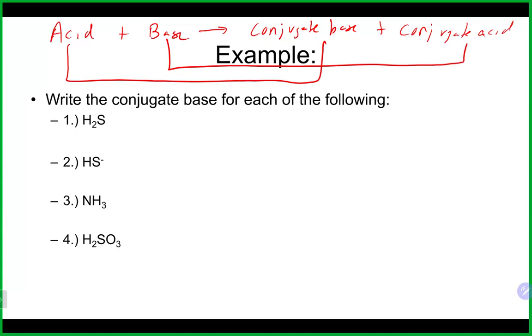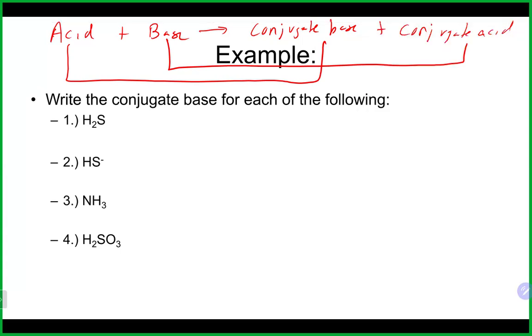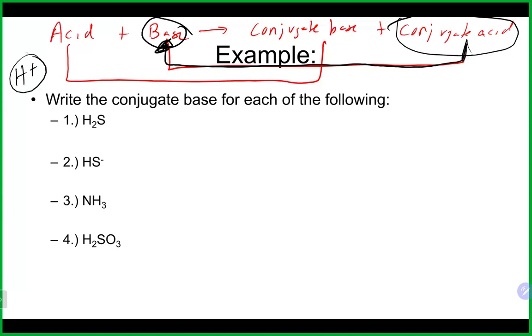So in this particular problem, if you are asked to write the conjugate base, you want to end up over here, which means if you just follow this backwards, everything that you are looking at this point is a base. And if you can identify that as being a base, all you have to do is the Bronsted Lowry definition of adding an H plus. It's going to accept an H plus. So you should always know in this case, H plus is the deal. You just got to know to put it on or take it off. And in this case, this is a base. So we're going to,